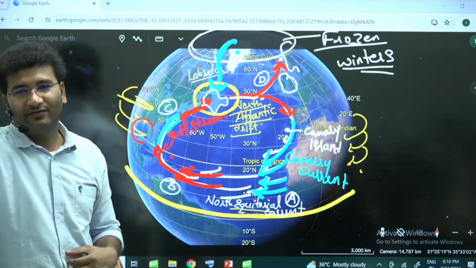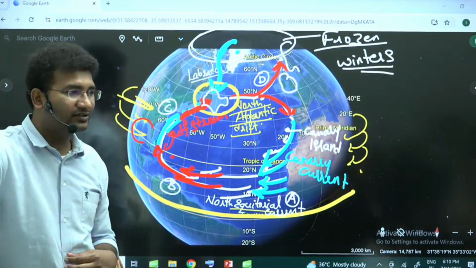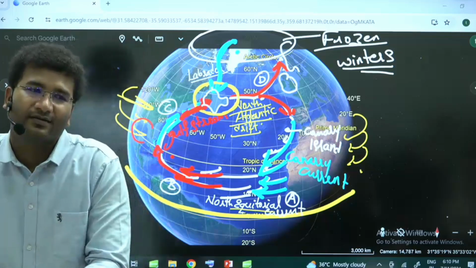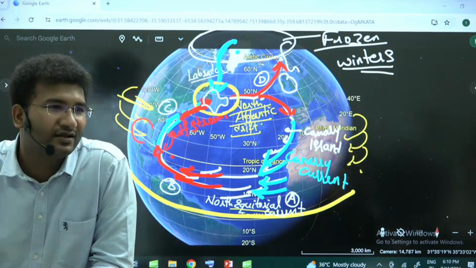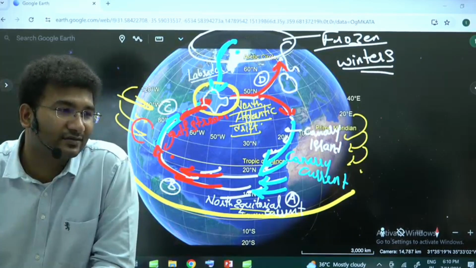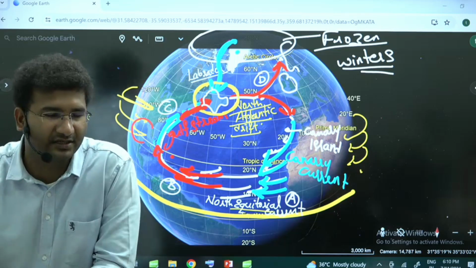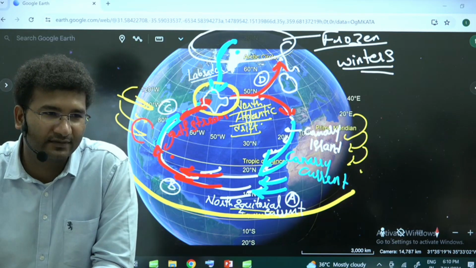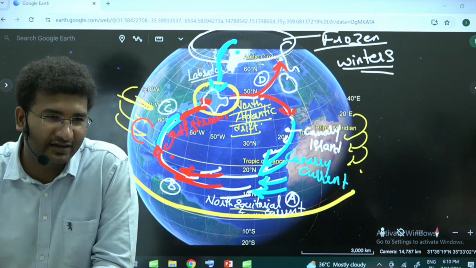And wherever there is a mixture of cold water and warm water, what kind of conditions do you get to see in the sea? If cold air and warm air mix with each other in the atmospheric area, what kind of conditions do you see? Ecotone. Okay, that is in the water. I'm talking about the atmosphere. Fog formations will be there. So, have you heard of the Atlantic accident?